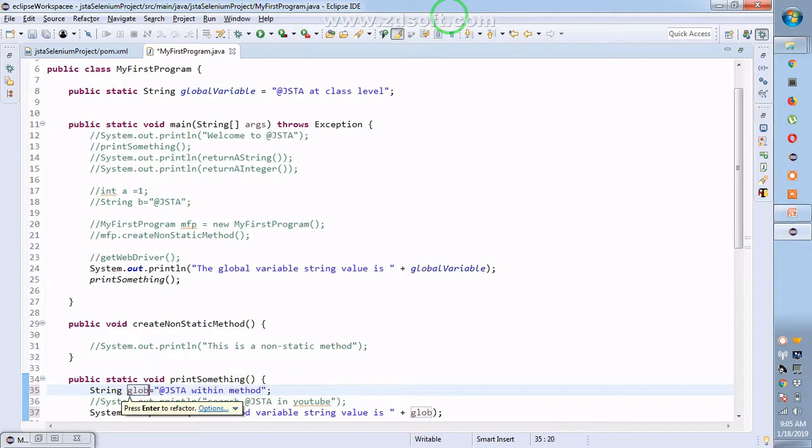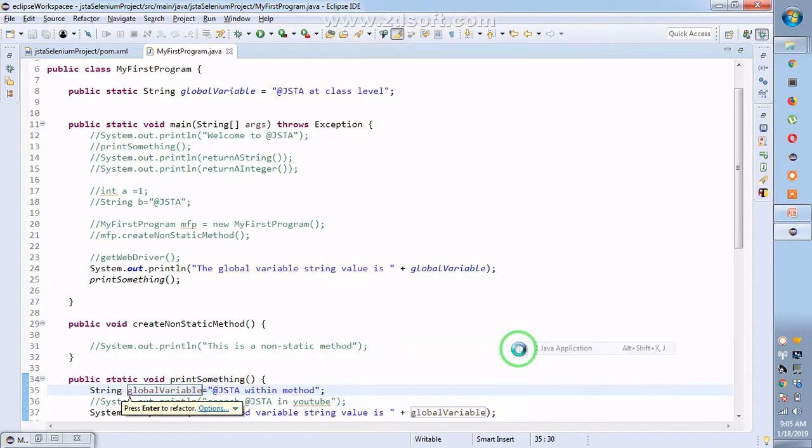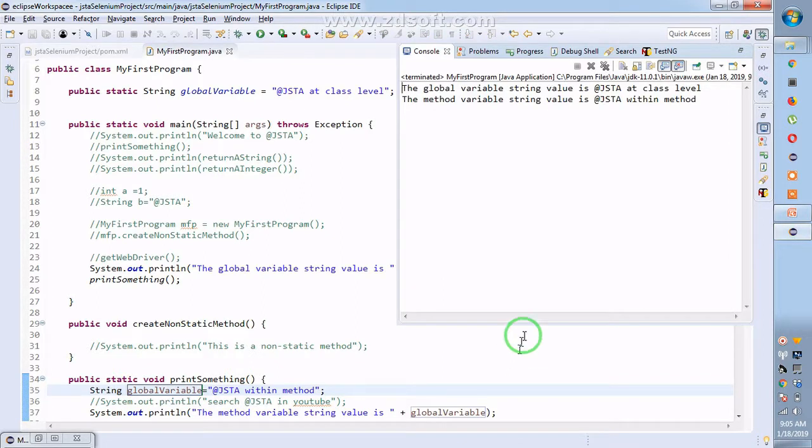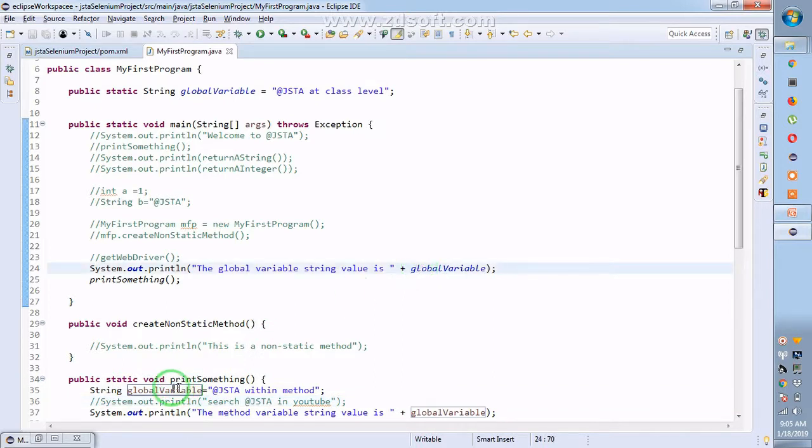So now let me change it to global variable. Okay, now let's see how it runs. See, still it is printing the method variable string value JSTA within method. Right now, how do I call this global variable within this method? Right, we have already seen that here, but now let's say